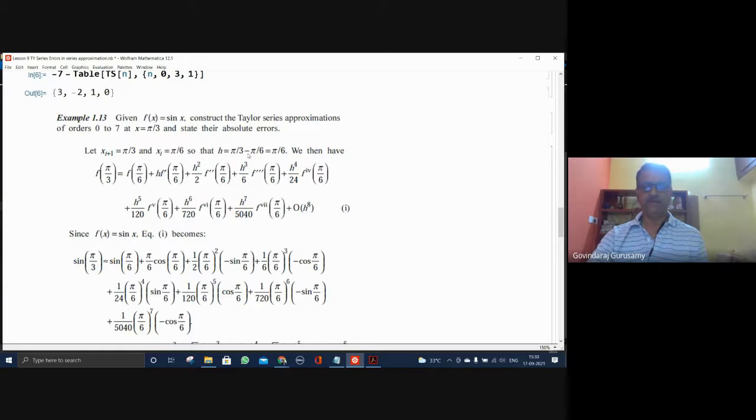Therefore, you will get an h value. You follow? Let us assume that x_(i+1) is pi by 3, x_i equal to pi by 6. Therefore, h is equal to x_(i+1) minus x_i, which is pi by 6. So x_i is pi by 6, h is also pi by 6. It's not 0, please note. It's pi by 6. You can see that it's not a substitution; it goes to pi by 6.